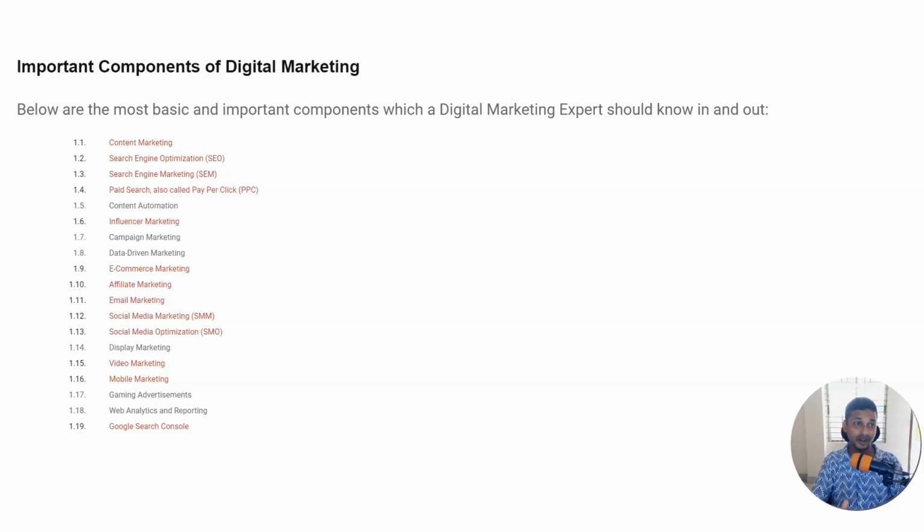Important components of digital marketing. Below are the most basic and important components which a digital marketing expert should know in and out. Number 1, content marketing, search engine optimization, that's called SEO, search engine marketing, that's called SEM, then paid search, also called pay-per-click, content automation, influencer marketing, campaign marketing, data-driven marketing, e-commerce marketing, affiliate marketing, email marketing, social media marketing, that's called SMM, social media optimization, that's called SMO, display marketing, video marketing, mobile marketing, game advertisement, web analytics reporting, and